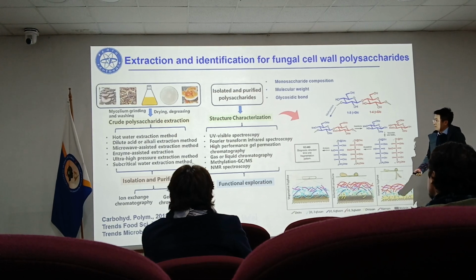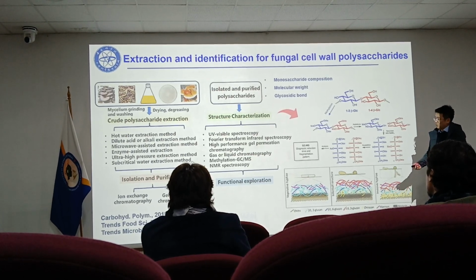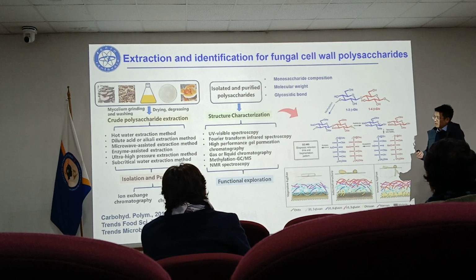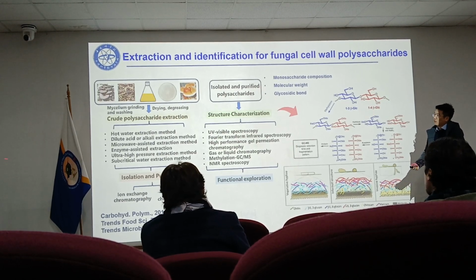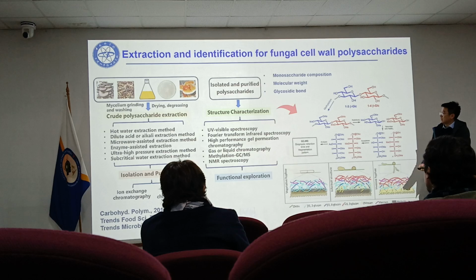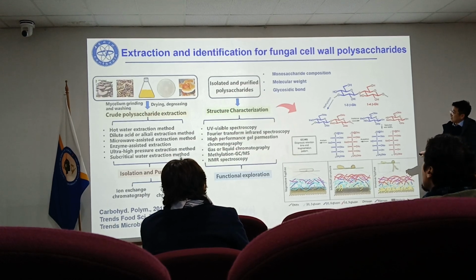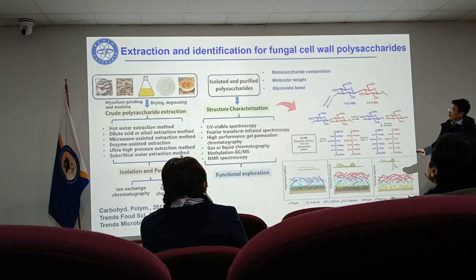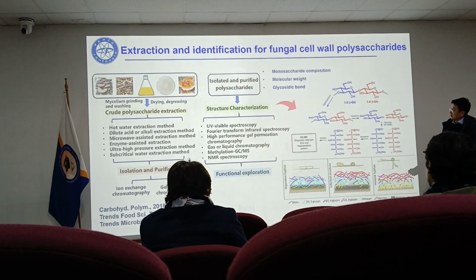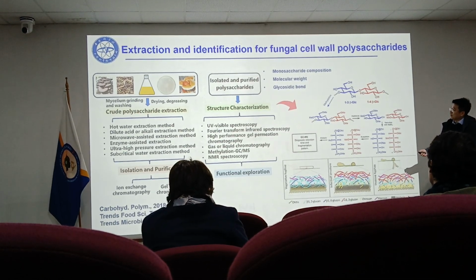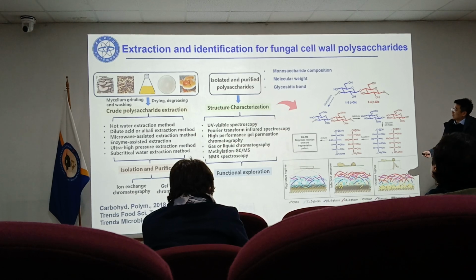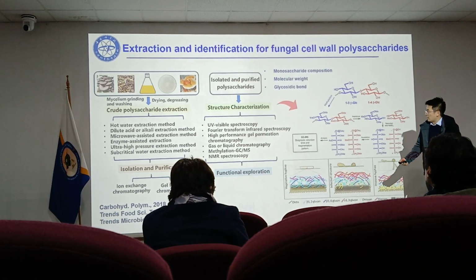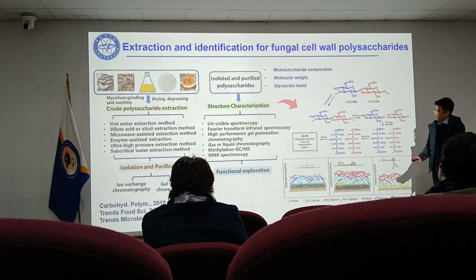The second step is the purification. Usually we use HPLC to separate different polysaccharides. And the third step is, if we want the purified polysaccharide component, then do the structure characterization. Usually there are some different analysis methods, like